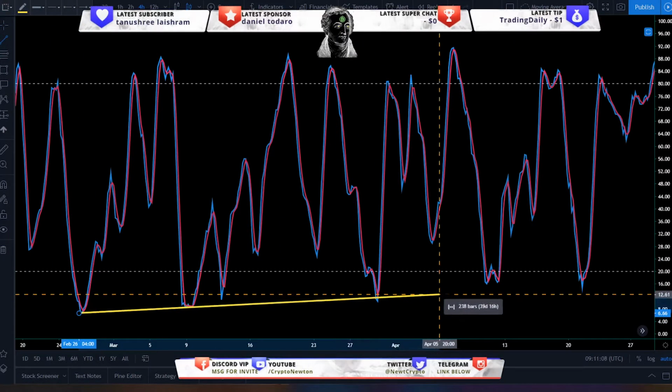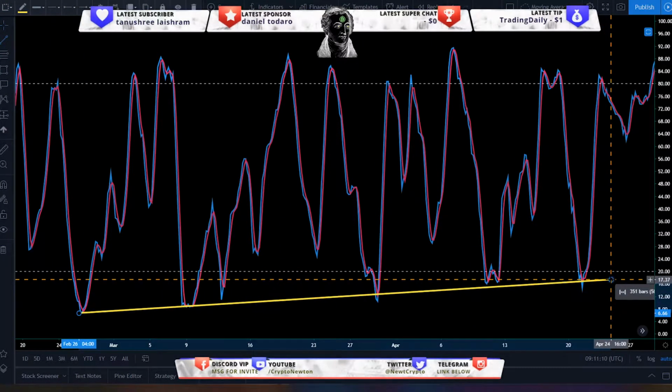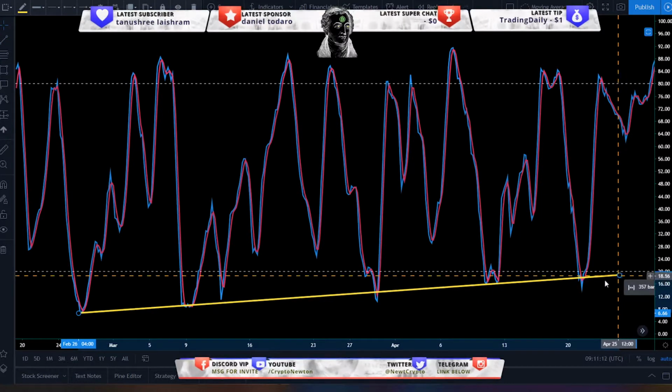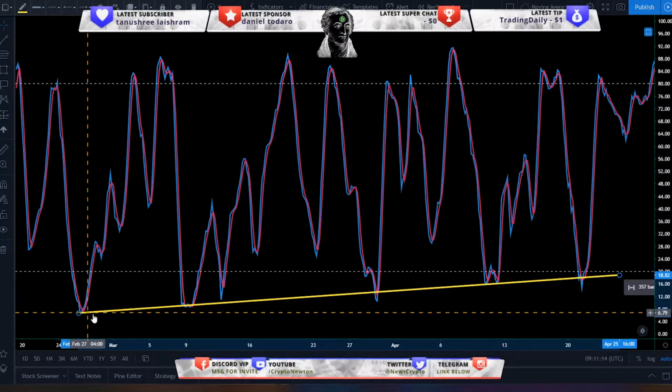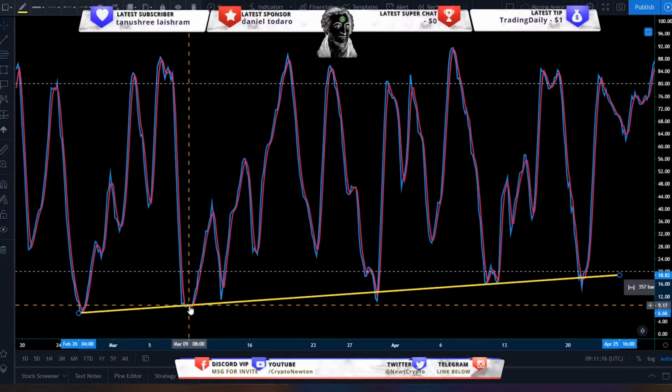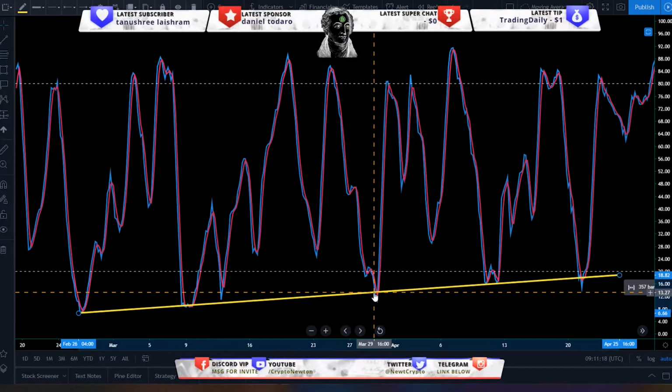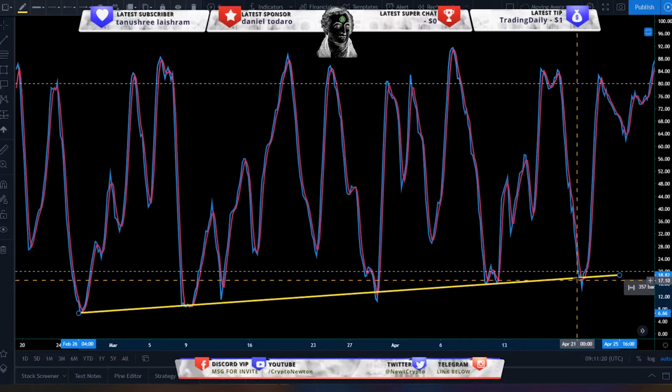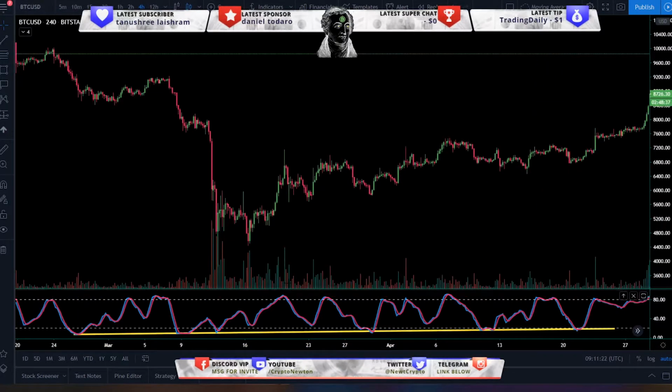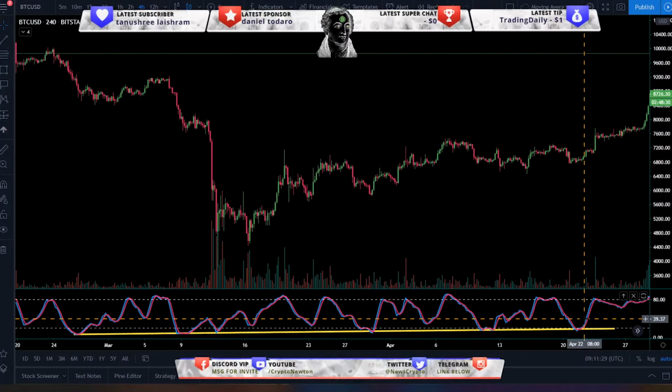You draw a trend line here, you see that we actually got caught basically in this region many times. From February 26th, we had 1 hit on it here, 1 hit on it here, 1 hit on it here, and 2 hits on it here, and also another one now as well. Okay, so that's a very, very long time, guys, from February 26th on the 4-hour time frame all the way to April 22nd. That's almost a month that the stochastics indicator was able to give you a bottom every single